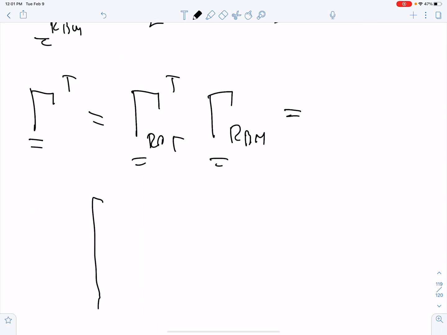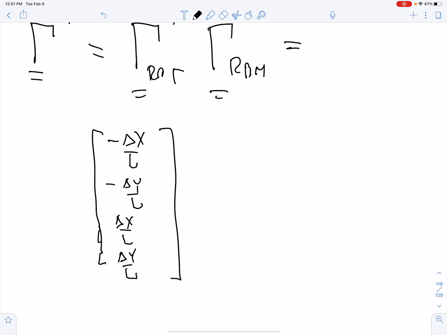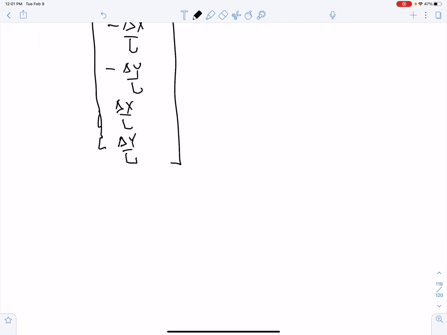Just do a straight up multiplication, and you obtain minus delta x over L, minus delta y over L, delta x over L, and delta y over L. Okay, good. And so then, if we revisit